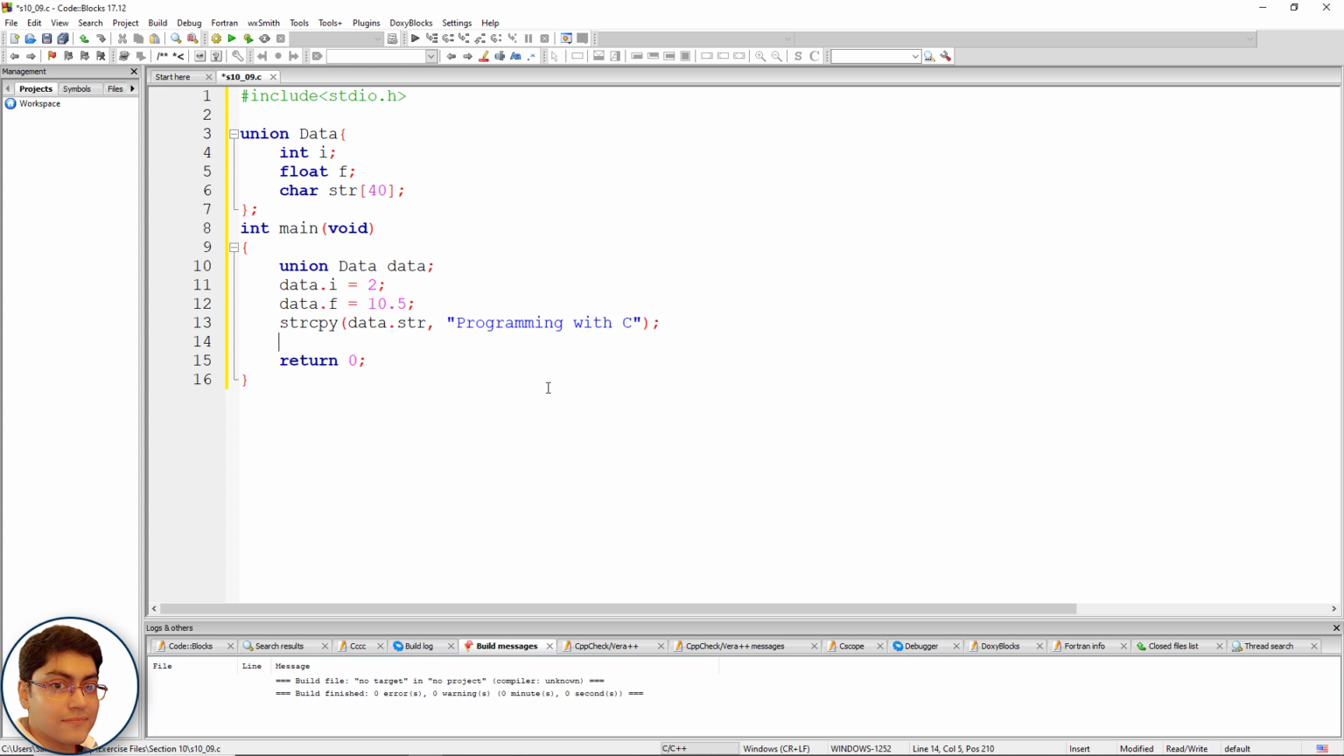Print the data members on the console. printf("data.i: %d\n", data.i);